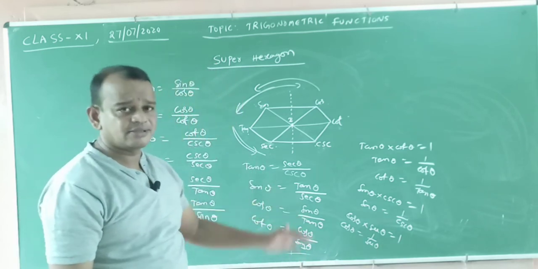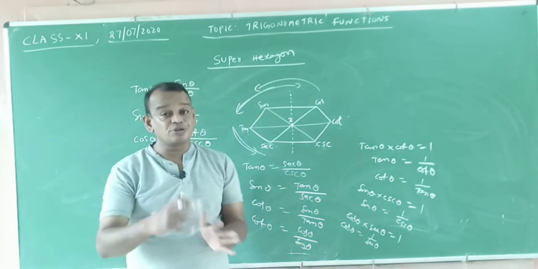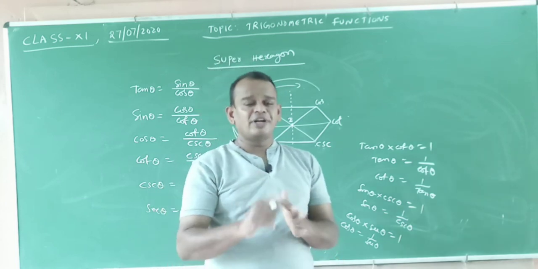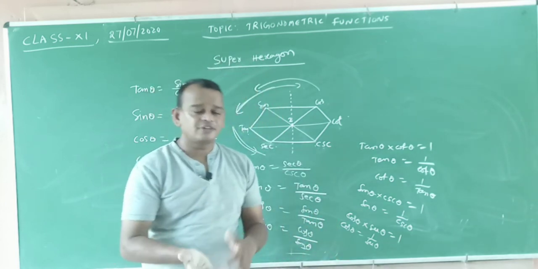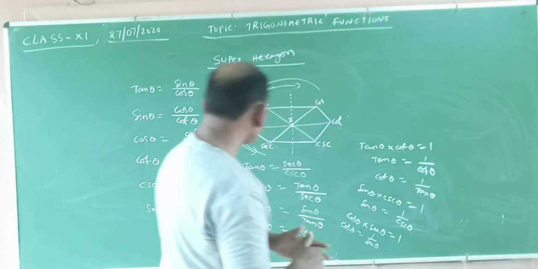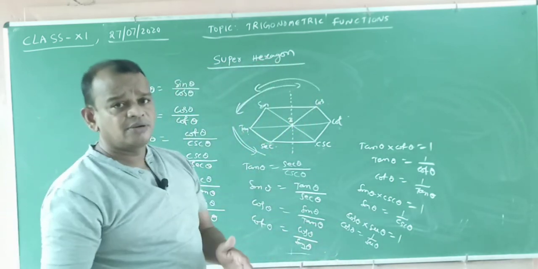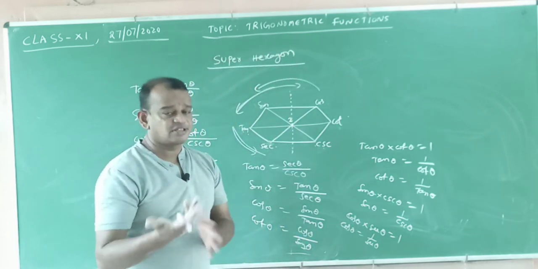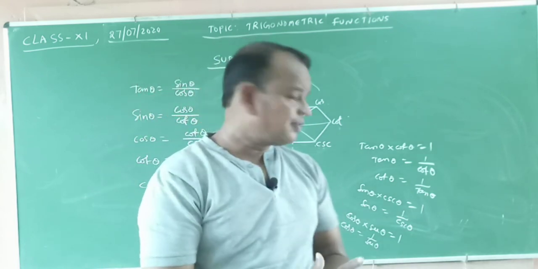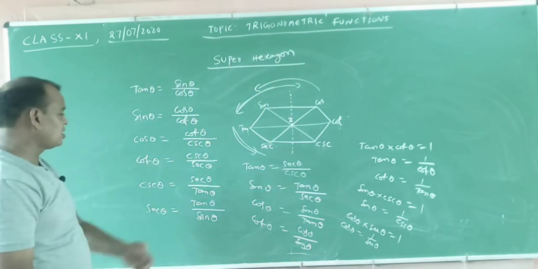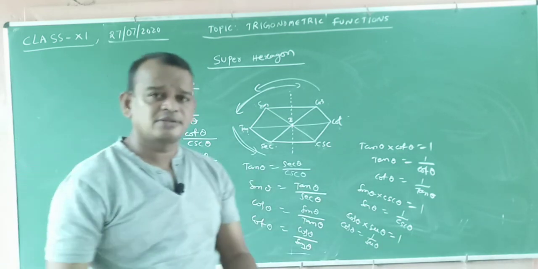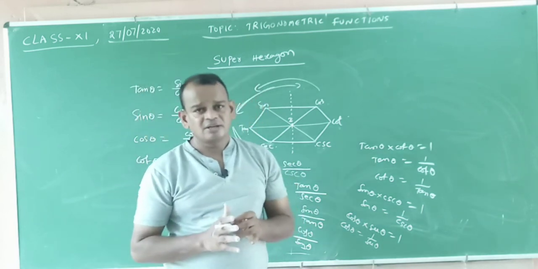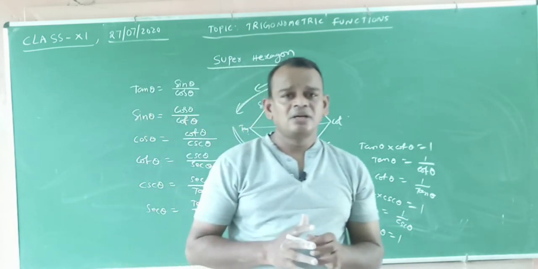Before, I already discussed the values of the trigonometric functions from 0 to 90. After that, what are the quadrant angles? 0, 90, 180, 270, 360 degrees. Those are called quadrant angles. After that, some important values from 0 to 90 degrees, 0 to 360 degrees: 90, 180, 270, 360. How to find those values? After that, by using the super hexagon, how many formulas will we find? So many formulas. Okay, remember the total trigonometry concept depends on the formulas.